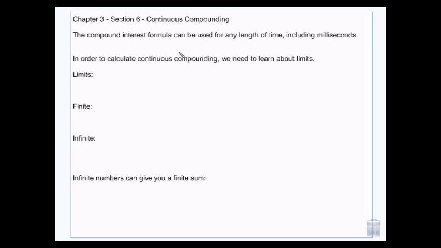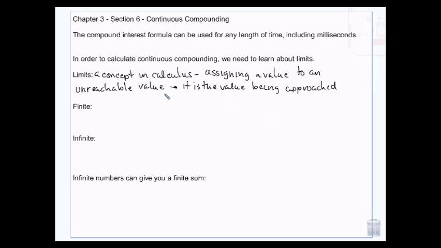So in order to calculate that, we have to learn some basic calculus function type information, and that's a limit. A limit is a function that occurs in calculus. So what a limit does is it assigns a number value to a value that's unreachable. Okay, so I'm going to come back to this for a second, but let's just say